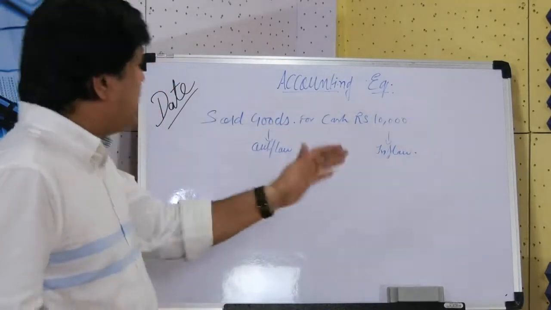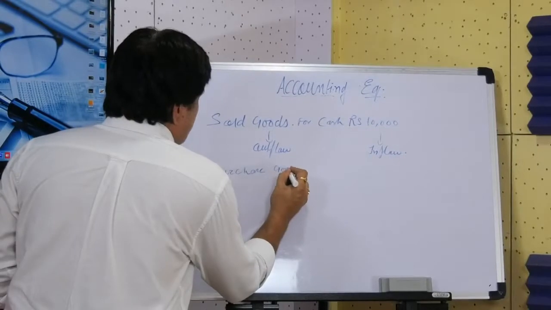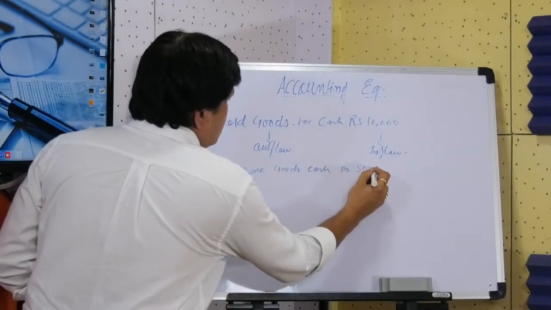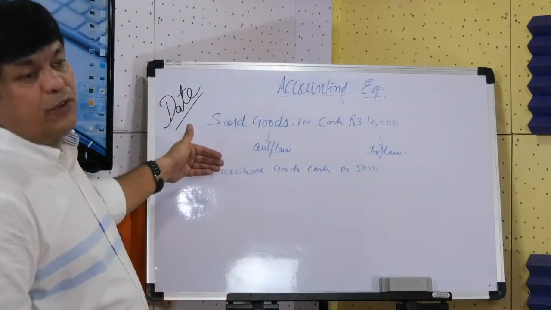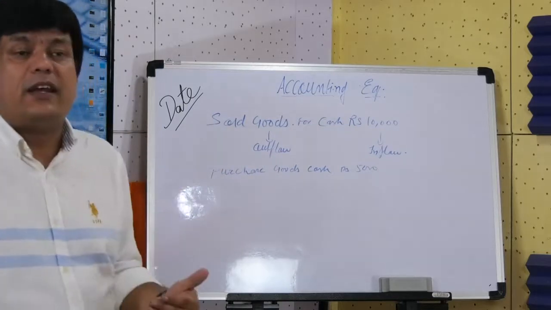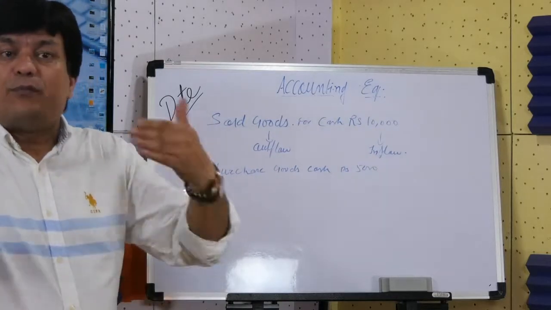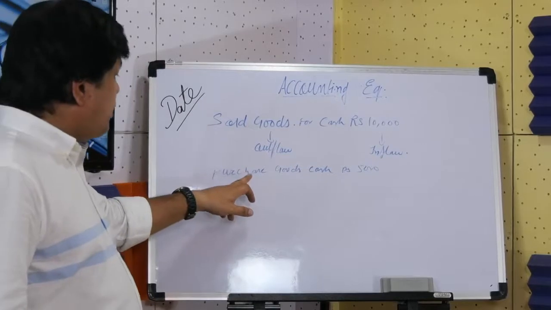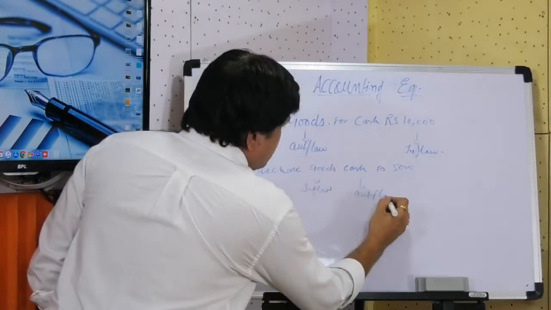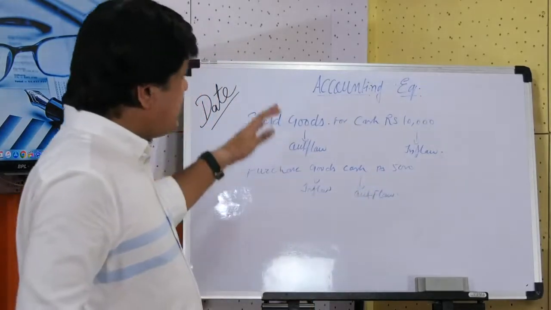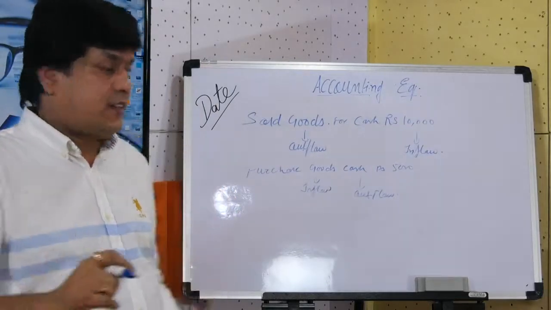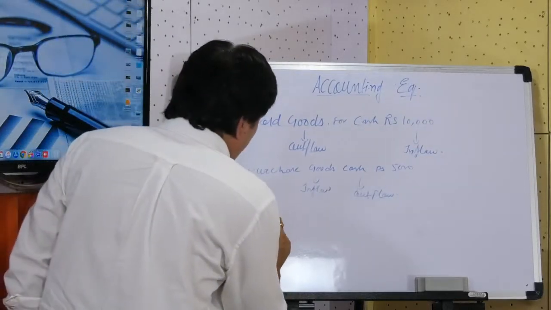Let us have another example. Purchase goods for cash rupees 5,000. Just opposite to the first one. Purchase goods for rupees 5,000 means what happened in your business? You have to think from the business point of view. Inflow of goods and outflow of cash. Now friends, why am I saying this? This inflow and outflow will definitely affect two things. That is, when we talk about the accounting equation,